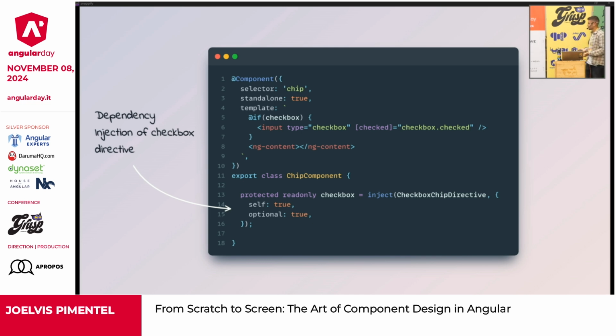So what we can do is just handle the checkbox inside the chip template. And we can inject the checkbox directive. And using the optional attribute, we are basically telling Angular that this directive, the checkbox one, is not mandatory. So if there is the directive, we are going to draw the checkbox. And if there is not, nothing is going to change.